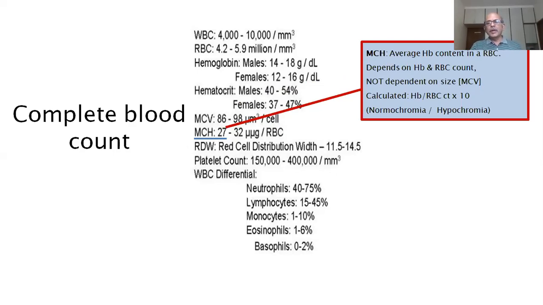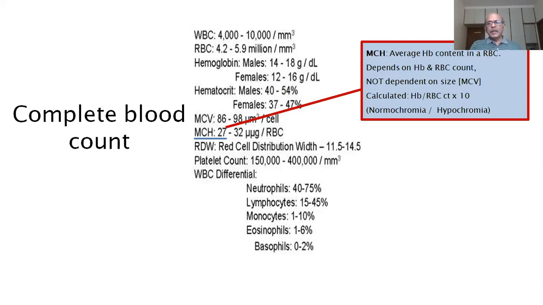So if you have total hemoglobin of 15 and RBC count of 5 million, you divide it and you'll get the amount of hemoglobin per RBC. This is the mean corpuscular hemoglobin. And from the formula, again, let me reiterate, it is very clear that it has nothing to do with the size of the RBC.